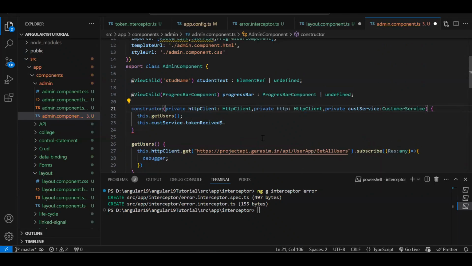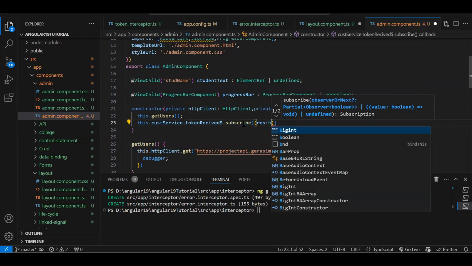Again, we are doing so many things. If you are new, it will be a little bit hard for you to process all these things. But once you are done with all your basic topics and some advanced topics, and complete at least one project, then only you will get these things, because these are very project specific, project related things we are going through. Okay, subscribe result colon boolean,